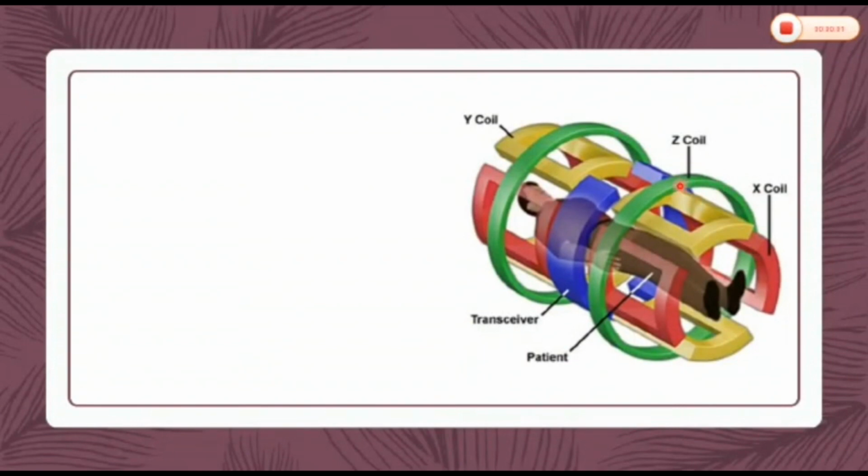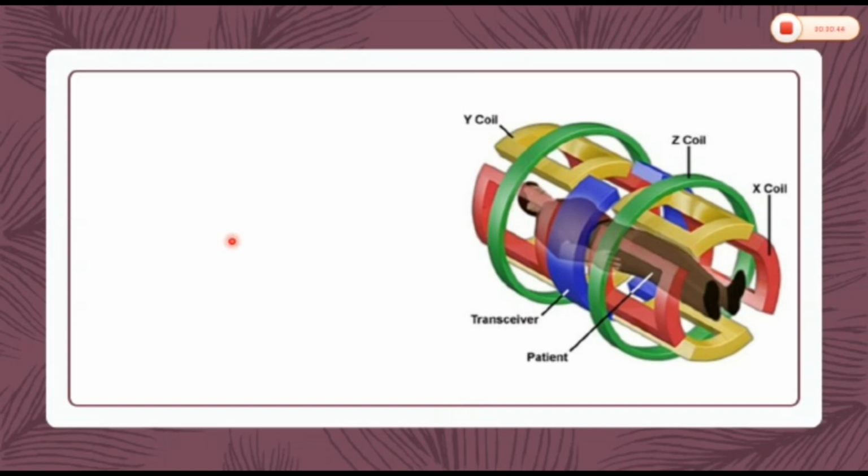Now, first of all, we will discuss the function of gradient coils. These produce an additional external magnetic field that varies across the patient's body. These coils are arranged such that they alter the magnitude of the magnetic flux density across the length, depth and width of the patient. This ensures that the Larmor frequency of the nuclei within the patient will be slightly different for each part of the body. This means that only a small volume of the body is at exactly the right field value for resonance. And so the computer can precisely locate the source of the RF signal within the patient's body and construct an image.